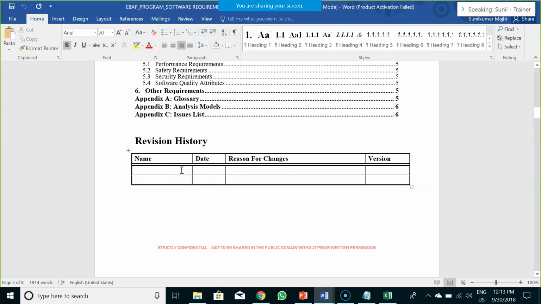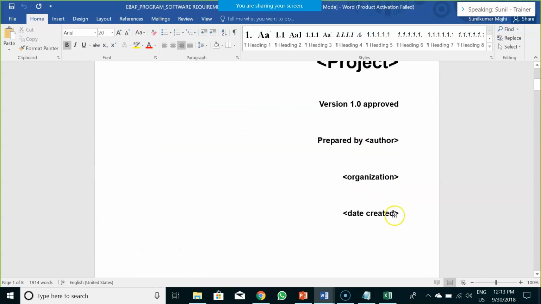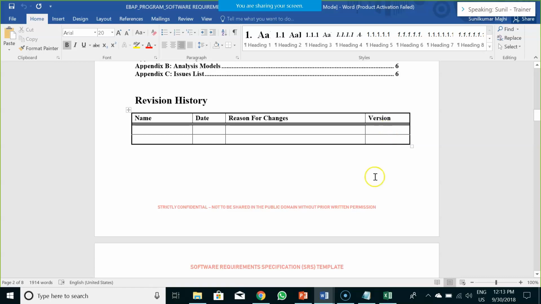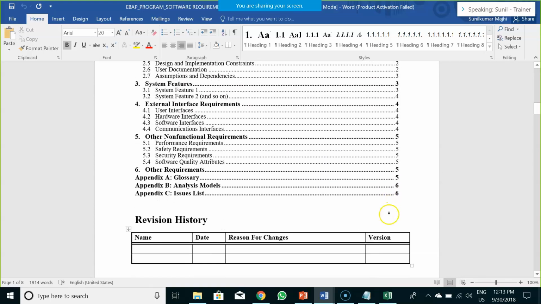If you are sending this requirement document for approval to your business stakeholders, and some stakeholder feels that at this point they need some revision, they would make the necessary revision by writing their name, the date they revised that particular section or comment, and the reason for their change, and they would give it a new version. For example, if the version here is 1.0, they would give it version 1.1, and that has to reflect here. It should be 1.1, 1.2, or whatever version it has been approved at or is undergoing through an approval process.